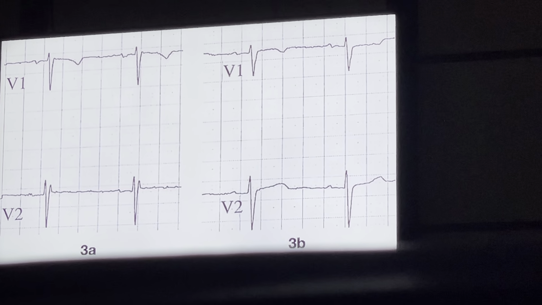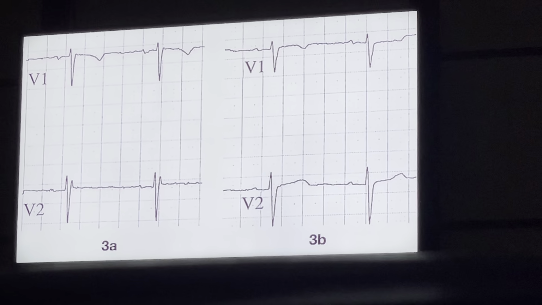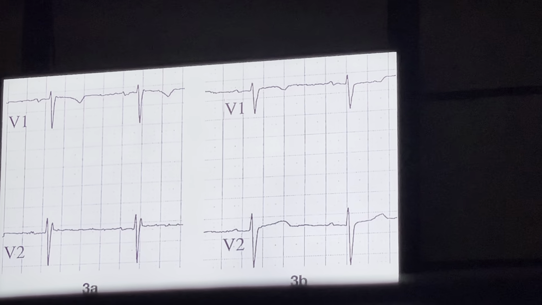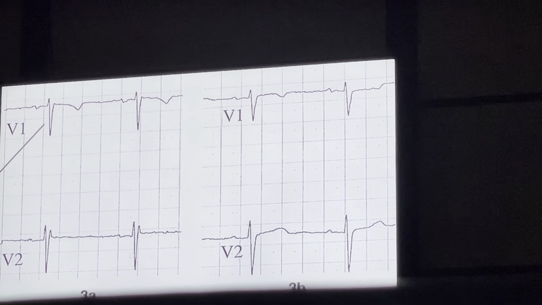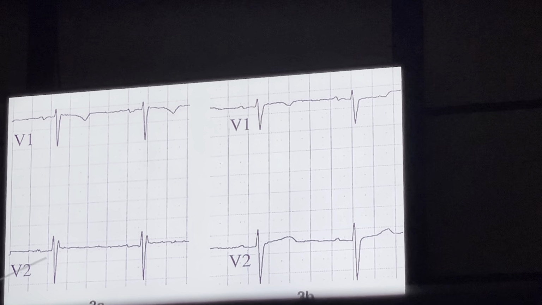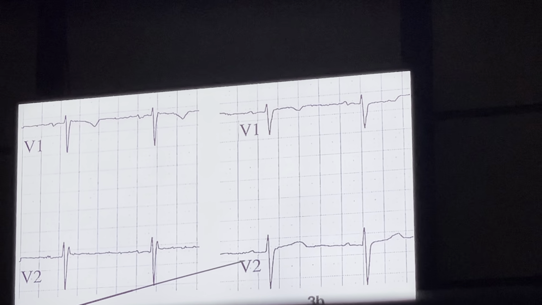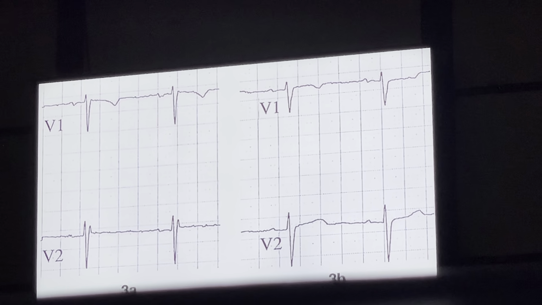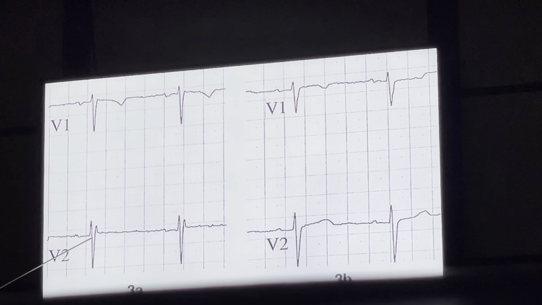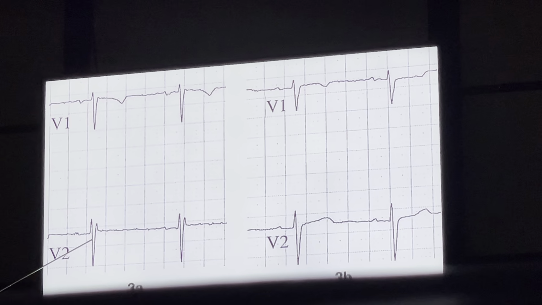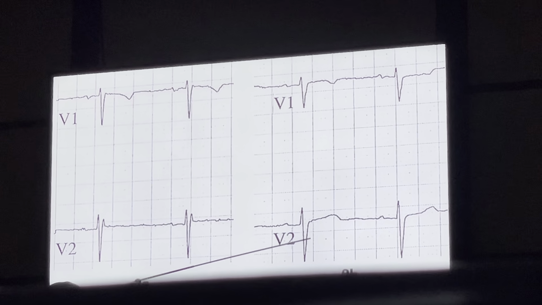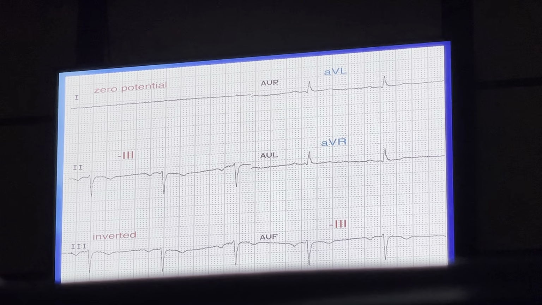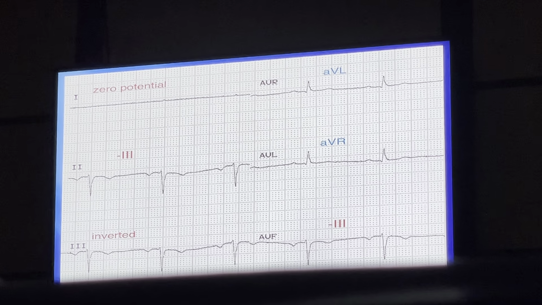No. This is actually the review of the first lecture. The leads are placed upward. So when you place V1, V2 and V3 upward, there is poor progression and you don't see the development of the R wave. So always place the lead at a proper position. Here V2 is placed upward, like this, incomplete RBBB pattern, and when you place it at normal position, it becomes normal. Next. What is this? Lead reversal.